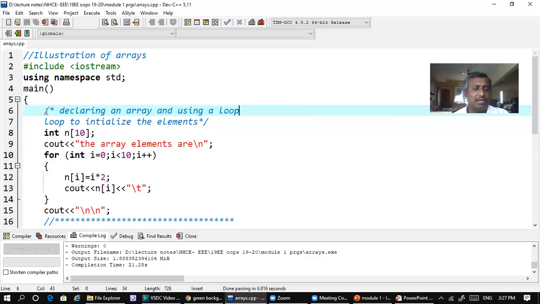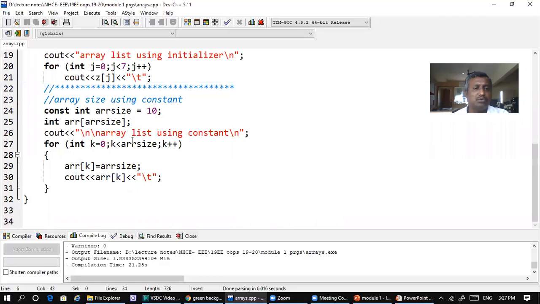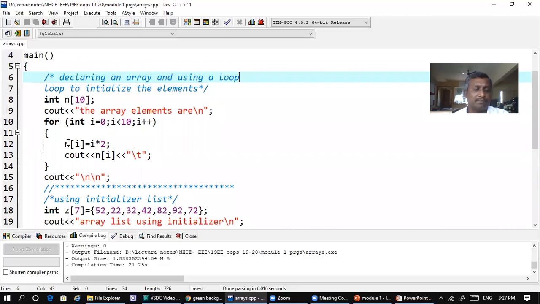I divided the program into 3 parts to illustrate the use of an array. In line number 6, I have written a block comment stating that this particular block is used to declare an array and use a loop to initialize the elements. There must be some content before we make use of an array, so either we can write some value into an array, or we can retrieve data from an array.